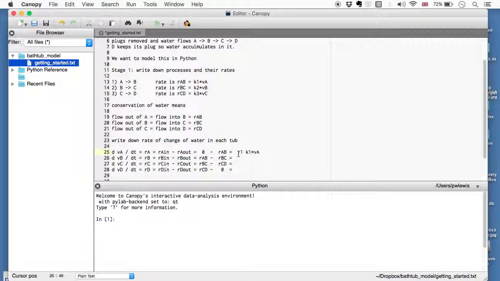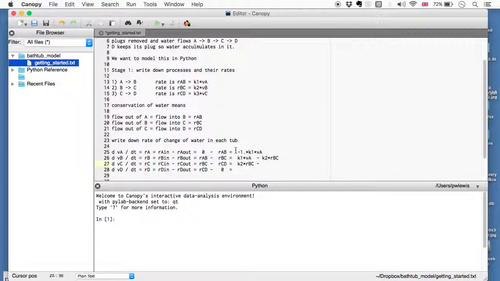So let's say minus 1 times RAB, that's just this one, minus K2 times RBC. Just carry this on,